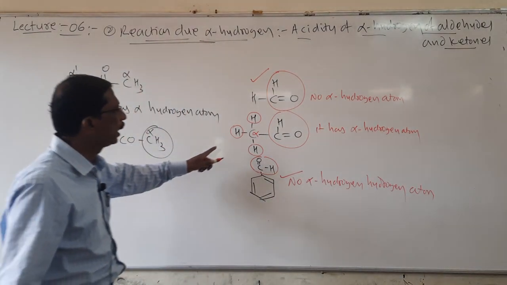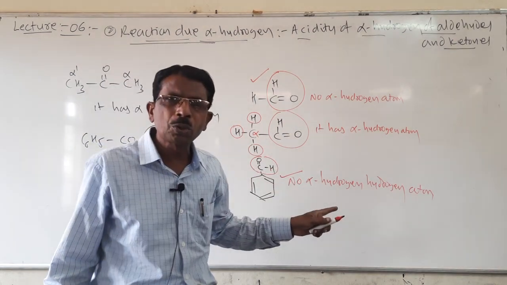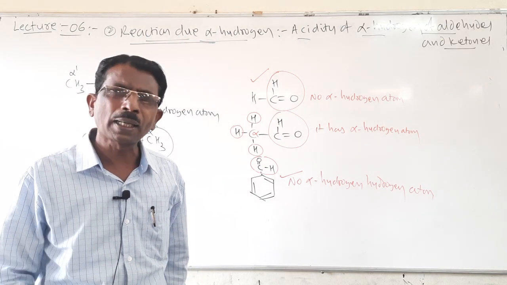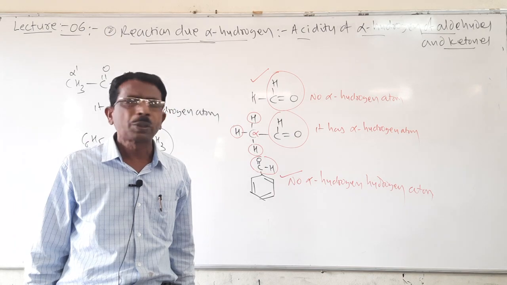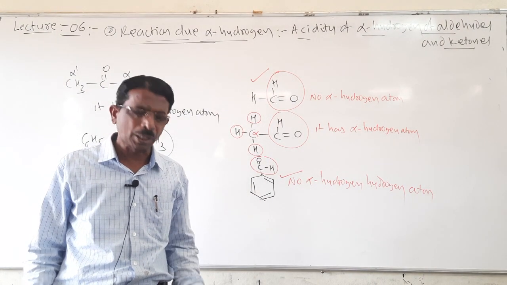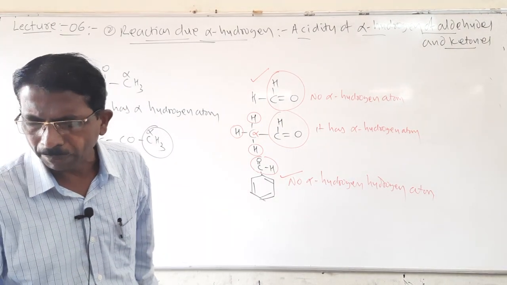Now it is clear to you all. So that is the acidity of aldehydes and ketones which must contain at least one alpha hydrogen atom. When these are treated with dilute alkali, they undergo aldol condensation. Let us see what aldol condensation is. Here I will show the example.